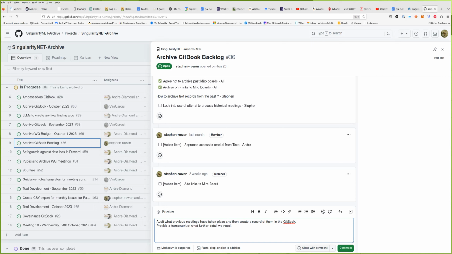Yeah, I'm really going to go back and see what we have available, particularly on YouTube. Unfortunately, because we lost data from the Discord, it was unfortunate. So I see a sense of urgency. It's really just to capture what actually took place, and I can do that by cross-referencing with Tivo's Miroboard record, but adding links will just be additional work. So I just want to capture what we have.